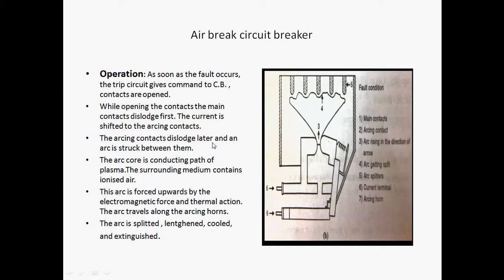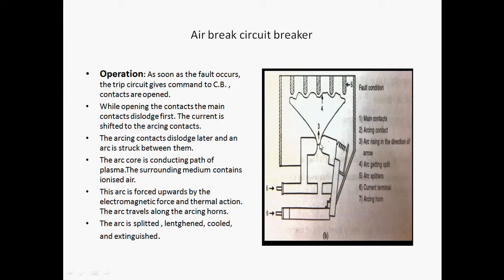The arcing contacts dislodge later and an arc is struck between them. This is the arc. The arc core is a conducting path of plasma. The surrounding medium contains ionized air, and this arc is forced upwards by the electromagnetic force of these two arc runners and thermal action also.